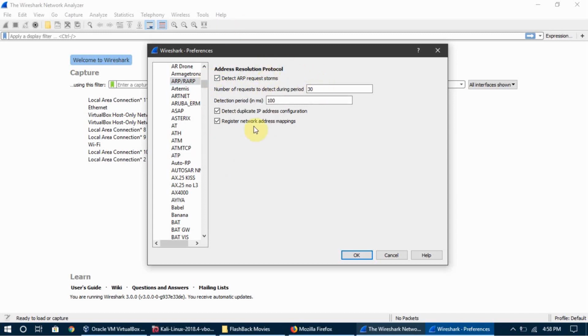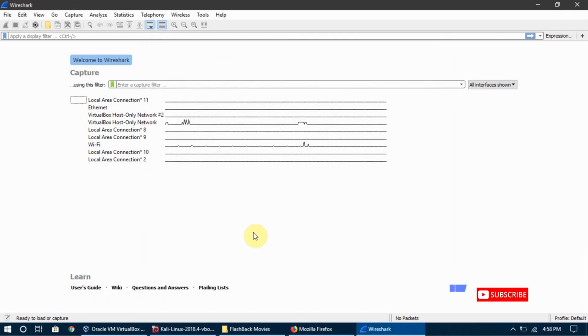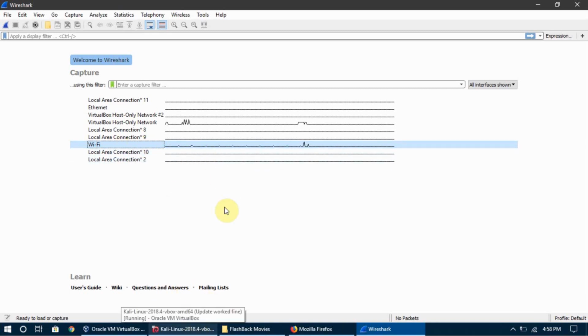I will tell you what this means, but you have to just check this option and then press OK. The other thing I am going to do is select Wi-Fi, because I am using the WLAN 0 interface, and I am going to run the attacks from the WLAN 0 USB adapter. So I am going to select Wi-Fi and I will start a capture here.